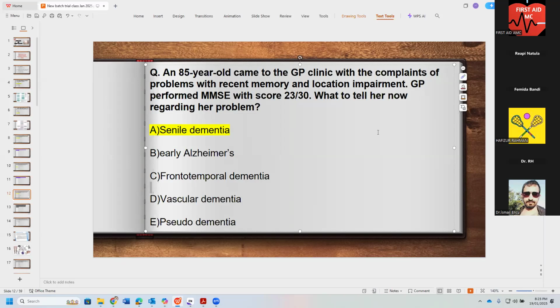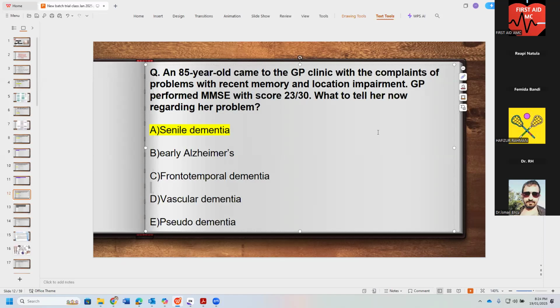Next one is vascular dementia. Vascular dementia is the most common cause of dementia in patients who are having problems with their blood pressure. So hypertensive patients with risk for thromboembolic events, they have vascular dementia in which there is ischemic changes within the vessels of the brain. It can cause dementia. And it will again cause behavioral changes, problems with social interactions, and memory loss.